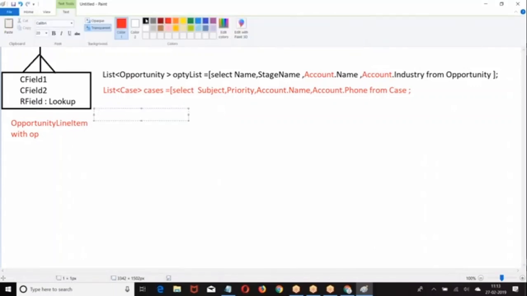Then we are going to give opportunity line item.